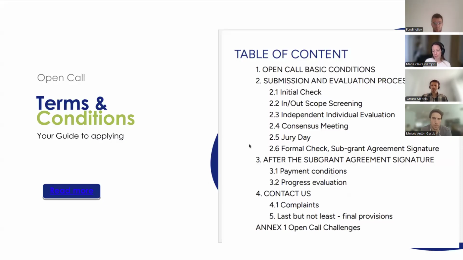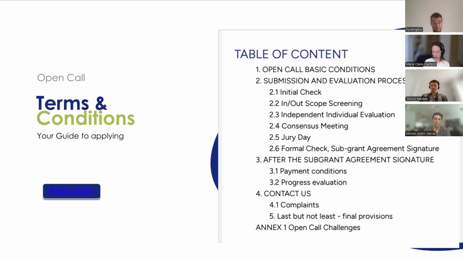On top of that, we also outline in this document the evaluation stages for you to understand how your application will be evaluated, and I'll talk about the steps at a later stage. Then there's also information on the payment conditions and how, if you're selected, you would be evaluated by a mentoring committee that is assigned specifically to evaluating your deliverables.